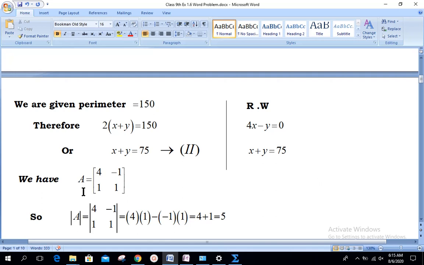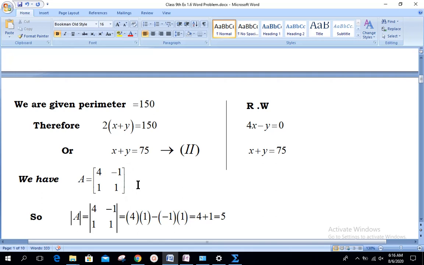First of all, we have matrix A. How it forms, very clear. Look at the coefficient of x, 4, then y. So in my first row it will be 4, minus 1. You can see very clear here. Then in my second row, 1, 1. X plus y means coefficient of x is 1, coefficient of y is also 1. In other form, column form, you can see here coefficient of x 4 and that of x 1. So 4, 1 is my first column. Whereas looking at the coefficients over here, my second column entries are minus 1, 1. So this is my matrix A.